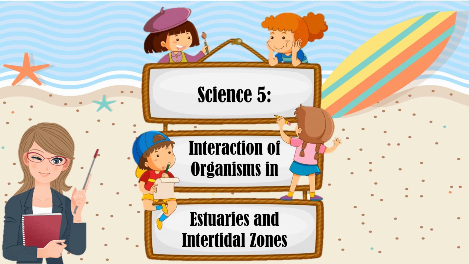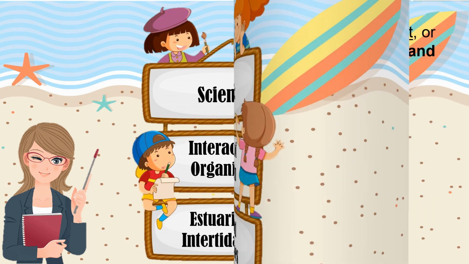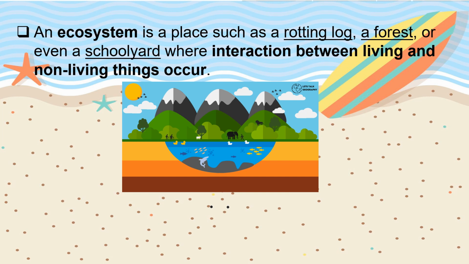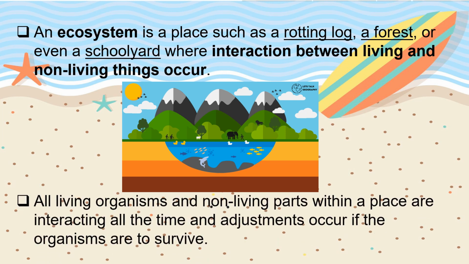Today, I am going to talk about how organisms interact in an ecosystem, specifically in estuaries and intertidal zones. What is an ecosystem? An ecosystem is a place such as a rotting log, a forest, or even a schoolyard, where interaction between living and non-living things occurs. All living organisms and non-living parts within a place are interacting all the time, and adjustments occur if the organisms